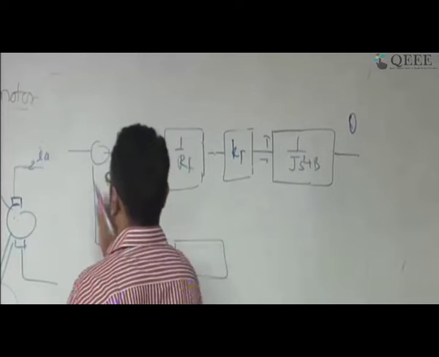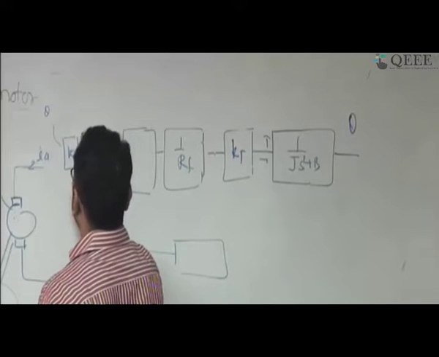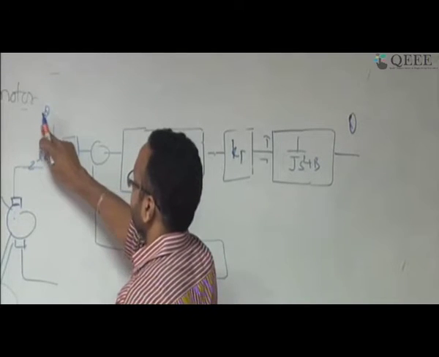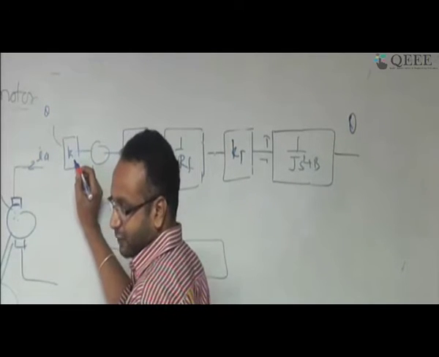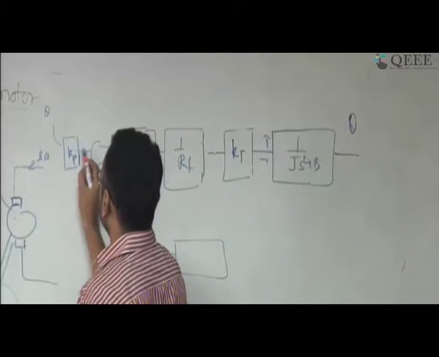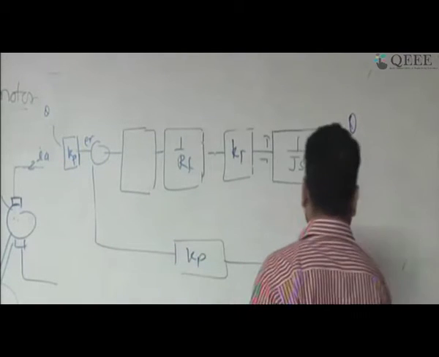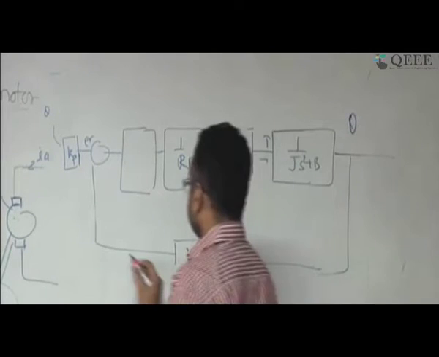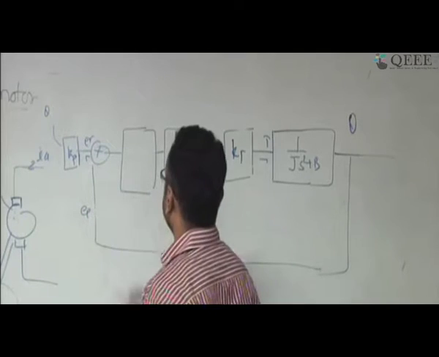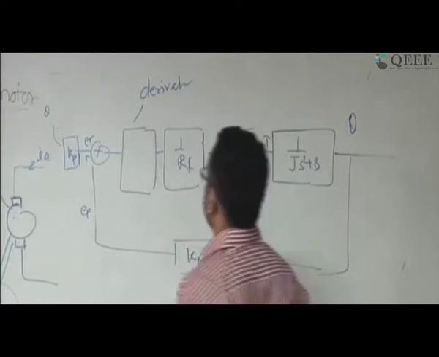Okay, now here some feedback path is there, because this theta r, whatever position you are giving, I am using as theta r, the reference theta which I want. Theta means in this case the angular position, and it is converted using a potentiometer by Kp to a voltage Er, and the same Kp I am using here, and it is available. So this is what is going to be Ep. So Er minus Ep will come, and I want to see if I apply a derivative controller, then what will happen.